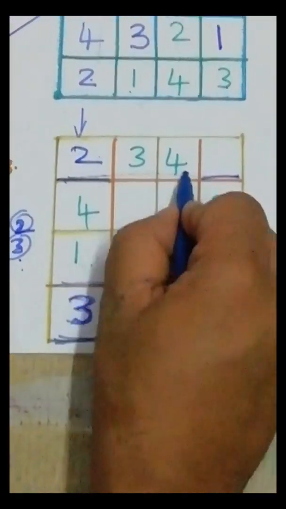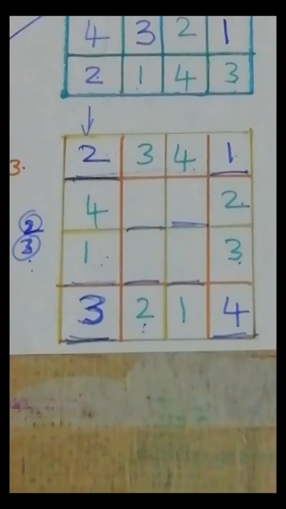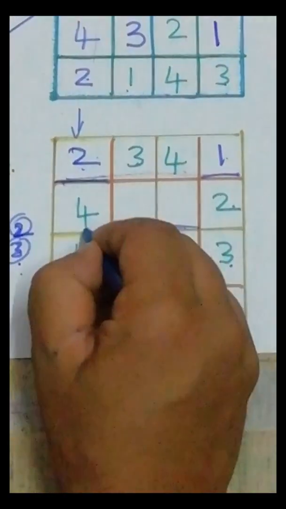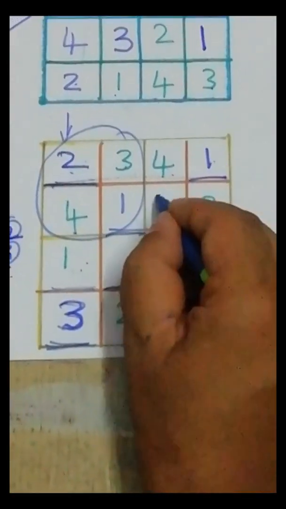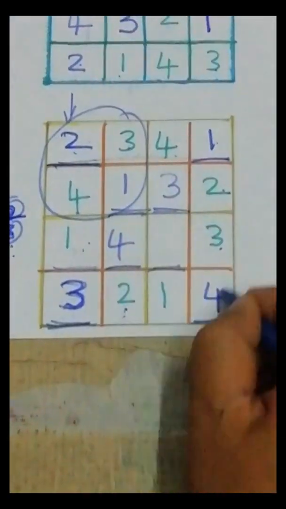In a similar way, I will go with the third. See, now it's easy. In this row 2, 3, 4 is there, so 1 should come here, done. Now 1, 2, 3 is there, so 4 should come here, done. Now see, this center is empty. So how to solve this? I can use the block rule. 2, 3, 4 is there. In this block, 1 can come here. In this block, 3 should come here. In this block, 4 should come here. In this block, 2 should come here. Correct? Each row and column has 1, 2, 3, 4.